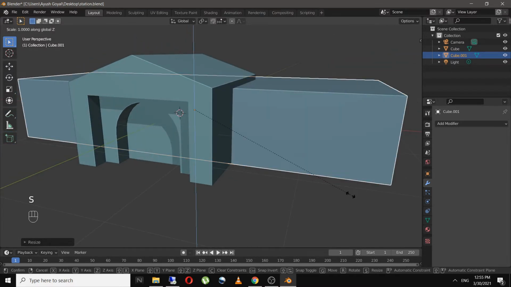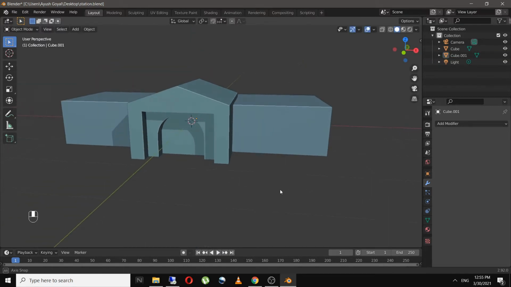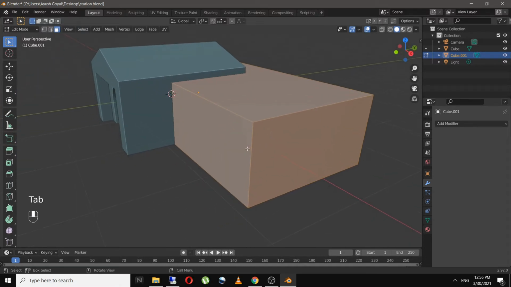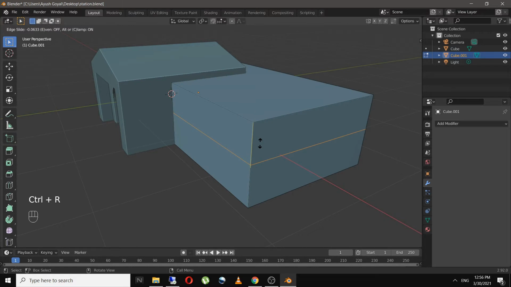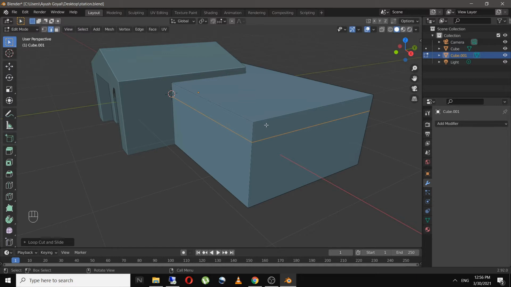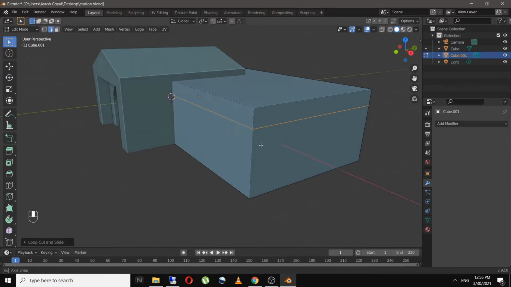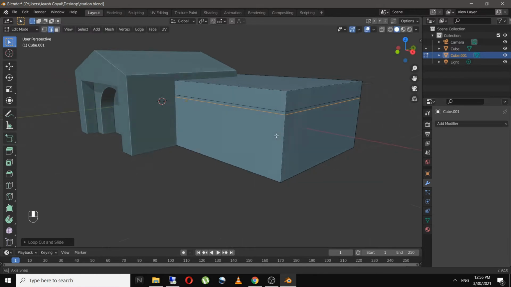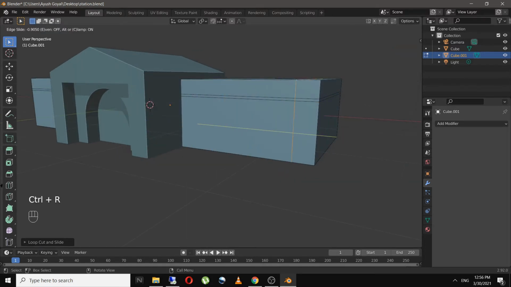Now I'm going to add in the beams, designs, doors and windows in the main building cube. For that, go to the edit mode by clicking on Tab and add in a loop cut over here. Add another one just over here, one over here, and one last over here.